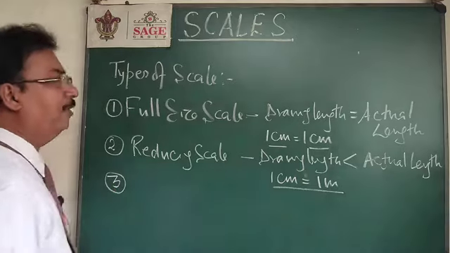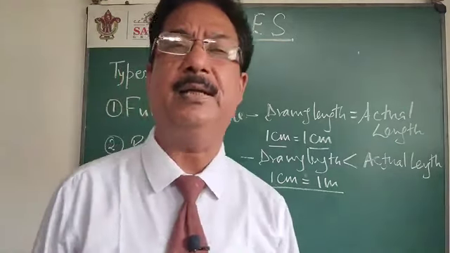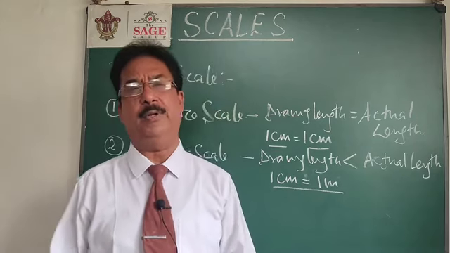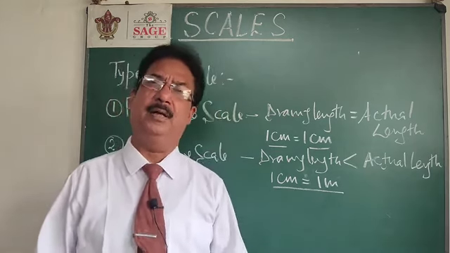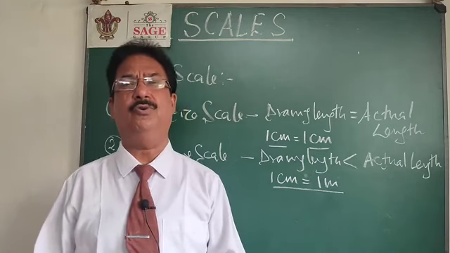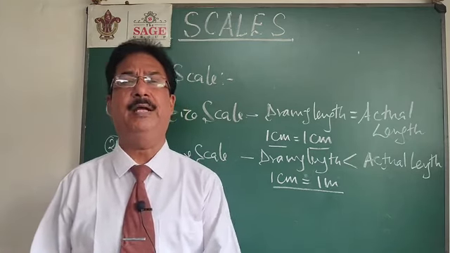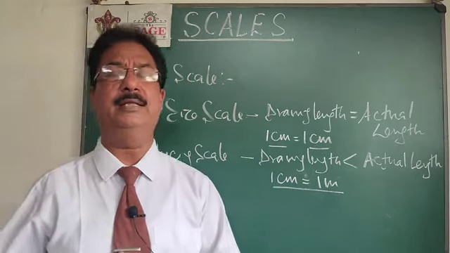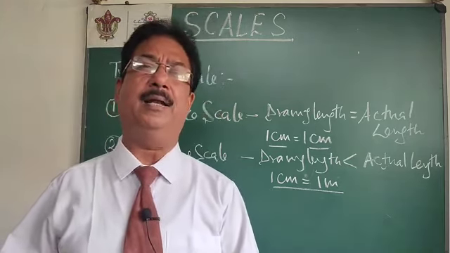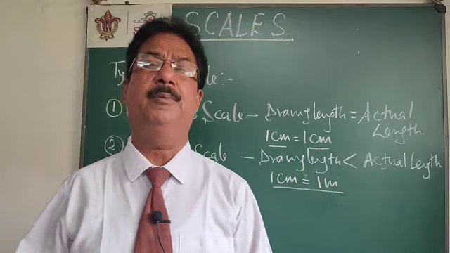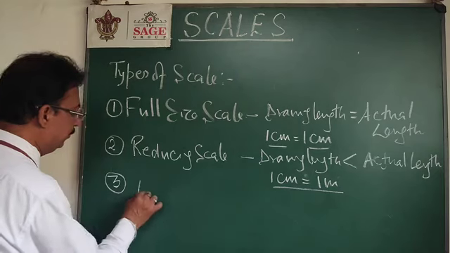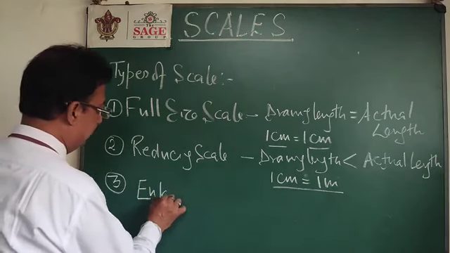Another scale is just the reverse of reducing, that is enlarging scale. Suppose we have very small components, electronic components, ICs, and we want to draw a transistor. If I draw that drawing on the actual size, again there will be no use. So better we enlarge the object so that it can be properly visible to the naked eye. So what we will use is the enlarging scale.